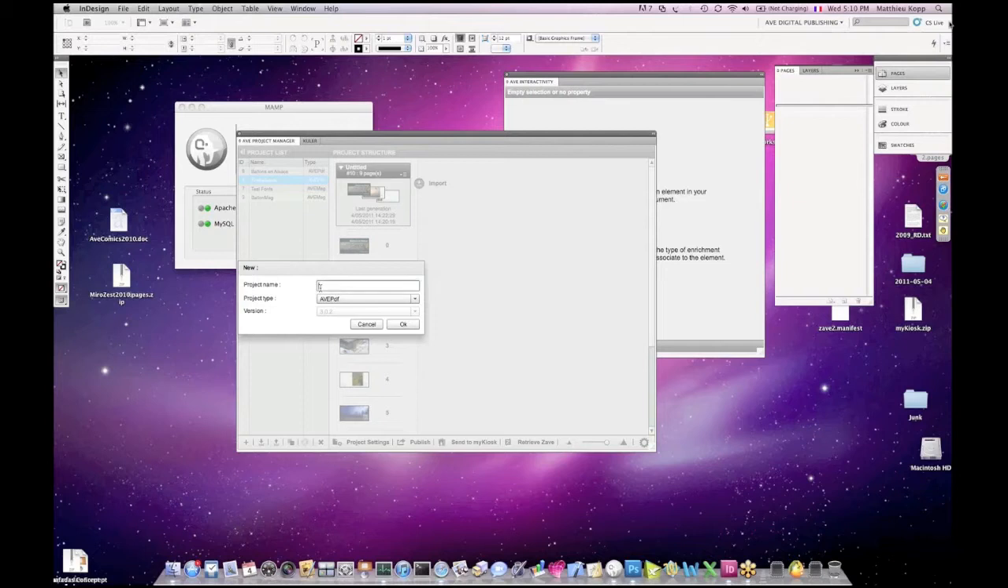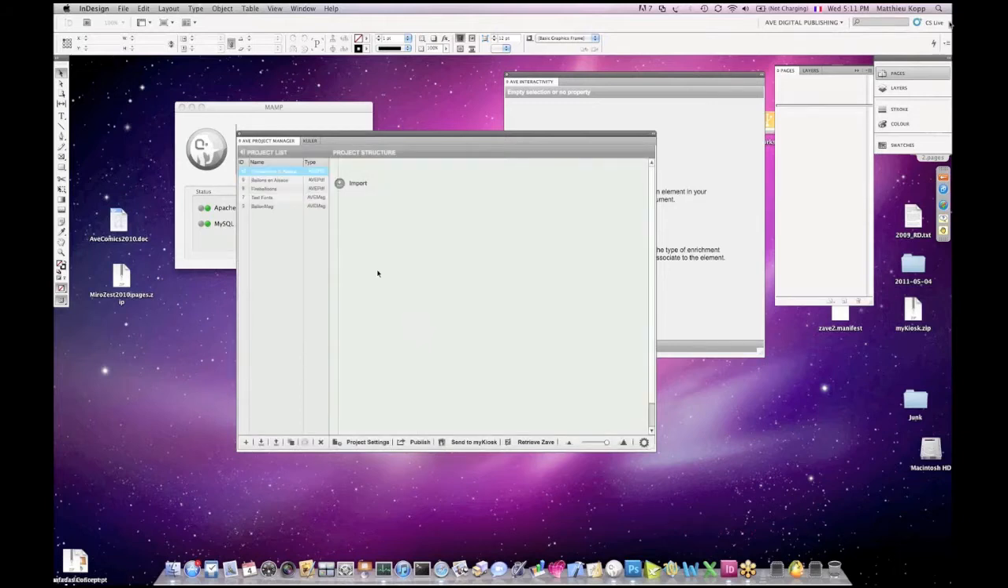This is what it says. I will call it... okay. So my first step is to create this project. As you can see, the project structure doesn't show much. It's an empty project. I now have to